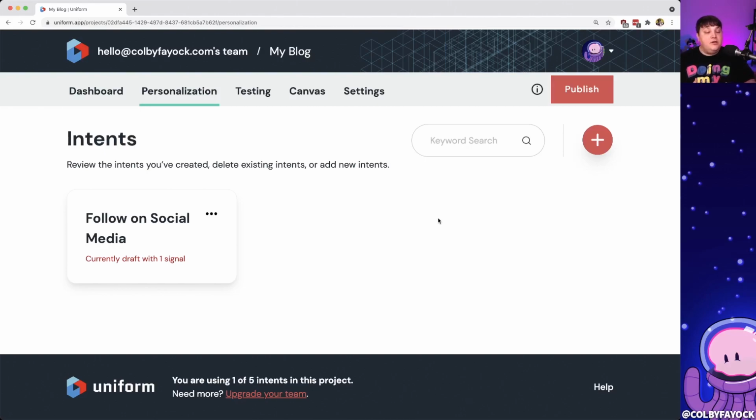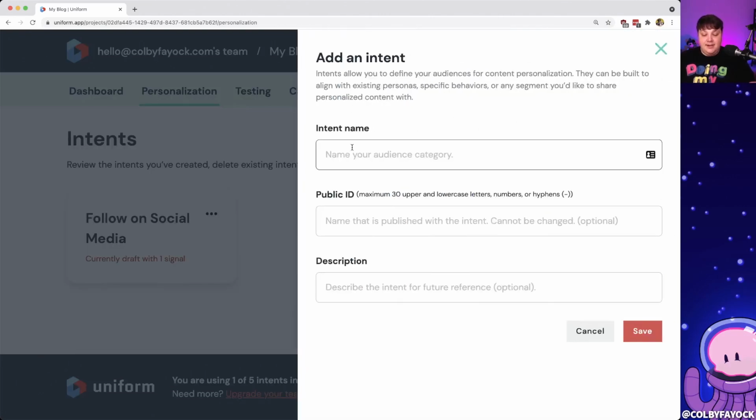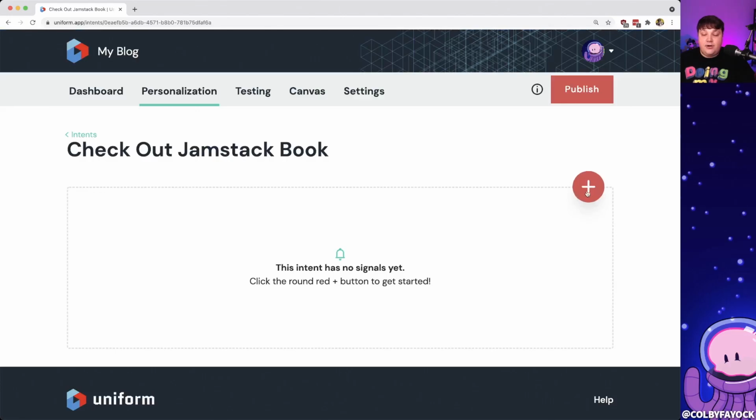So let's create a new intent. Let's call it check out my book, where it's going to be about the Jamstack. So I'm going to create a new intent. Let's call it check out Jamstack book. We can describe it if we'd like, but I'm going to click save, and we can add our new signal